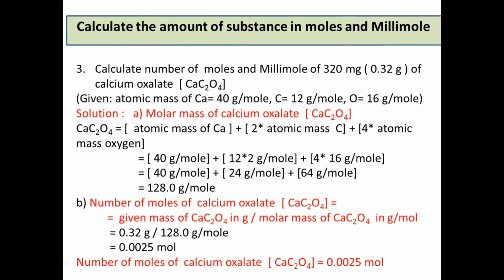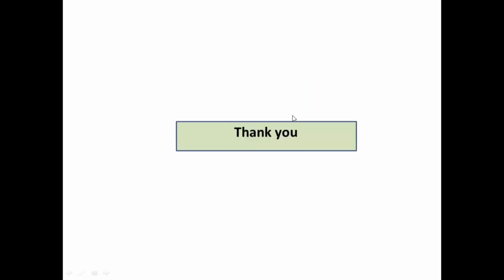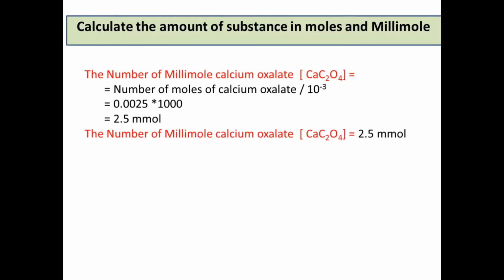And finally, we go for the number of millimoles of calcium oxalate. That is a very simple conversion. The number of millimoles of calcium oxalate is equivalent to the number of moles of calcium oxalate divided by 10 raised to minus 3. We have already calculated the number of moles, 0.0025 for calcium oxalate, into 1000. So the answer will be 2.5 millimoles. So the number of millimoles of calcium oxalate is 2.5 millimoles. That is the simple calculation. Here we are able to calculate the amount of substances in moles and millimoles, as well as we are able to calculate the